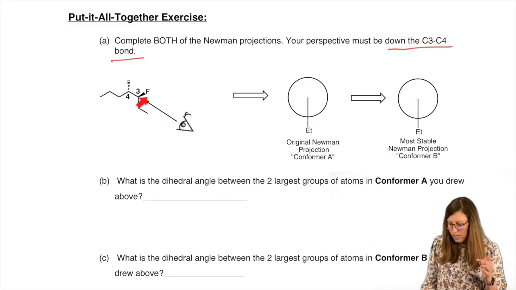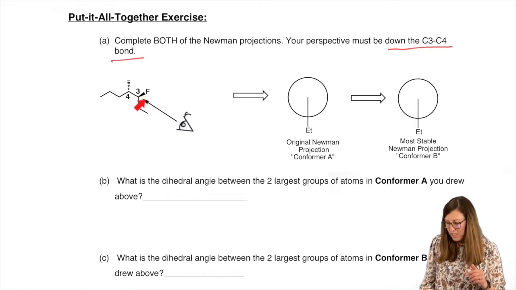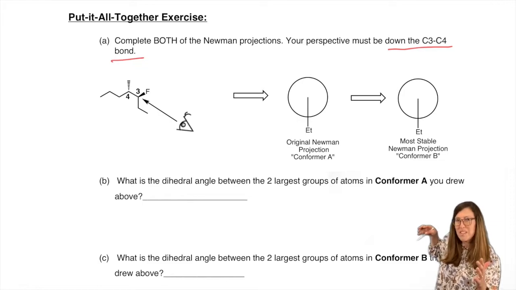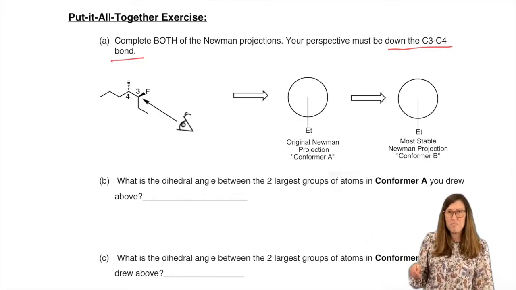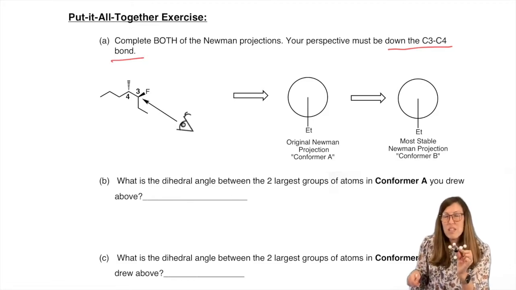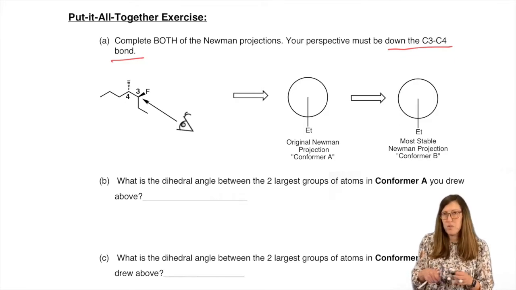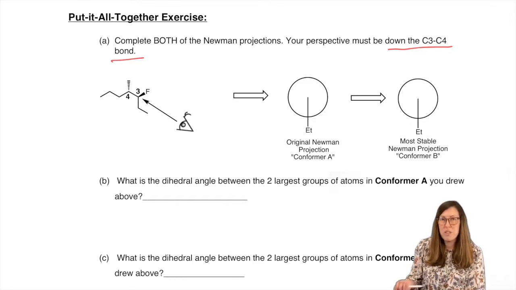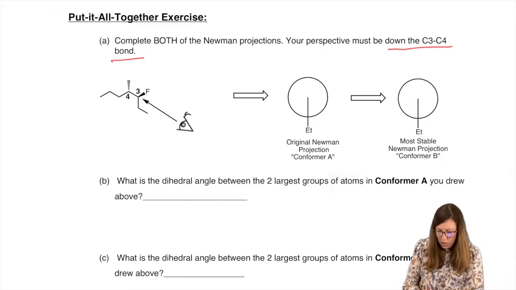So you're going to look here, and it was not uncommon in exam rooms, when we had them in the lecture hall, for the students to kind of get in there and envision themselves in the paper, as well as the model kits. Models are allowed on exams. You don't want to be fumbling with them though. You want to be expert, know exactly what you're going to start using them for, so you could quickly build it and verify your Newman is correct. It just takes extra time, so you don't want to be doing that as a crutch for the exam. You want to be doing it as a crutch for understanding now and have some mental breakthroughs with your 3D spatial reasoning.